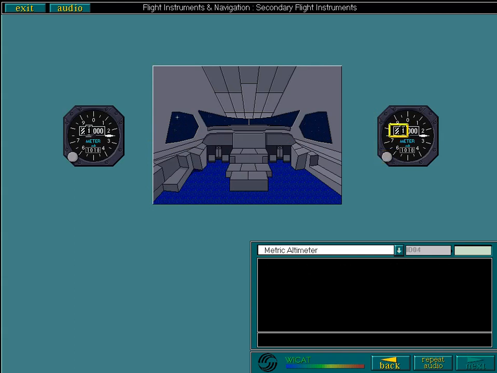Below 10,000 meters, the left drum is covered by a black and white flag. When negative altitudes are red, the left drum is covered by a red and white flag. Here, minus 100 meters is displayed. You have now completed the lesson on secondary instruments. Now check your